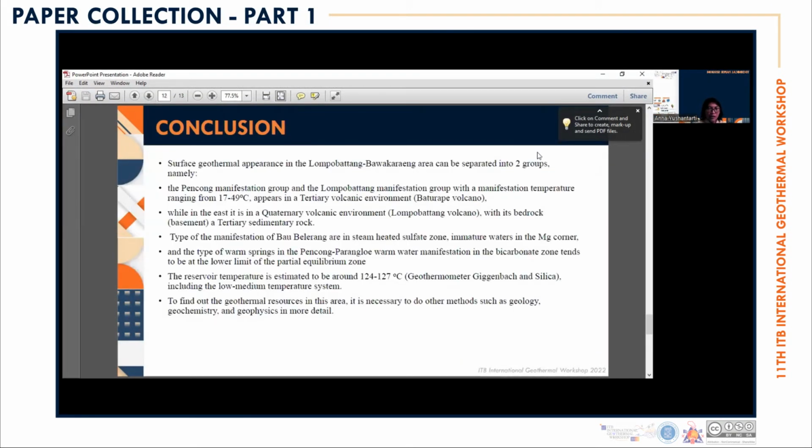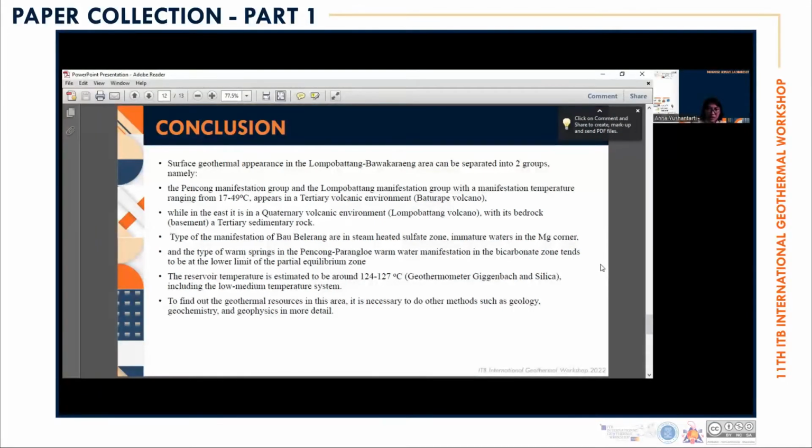Lompobattang-Bawakaraeng. The conclusion: surface geothermal manifestations in Lompobattang-Bawakaraeng can be separated into two groups, namely Pencong group and Lompobattang group, with the manifestation temperature ranging from 17 until 49 degrees Celsius appearing in tertiary volcanic environment or Batu Rapi volcano. While in the east, it is in a quaternary volcanic environment, Lompobattang volcano, with its bedrock or basement, a tertiary